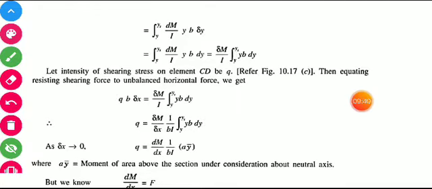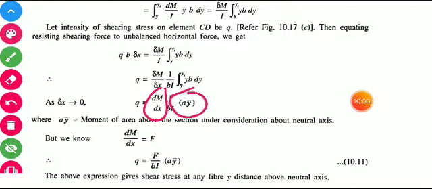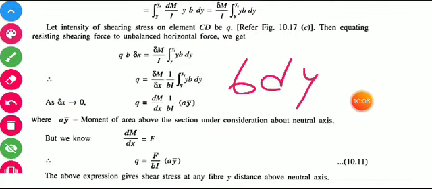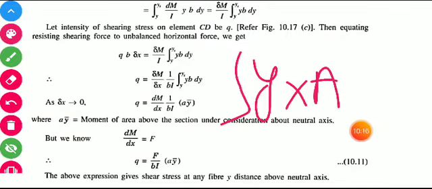Okay, so now you may see what we do. This b into del x we put here, and here del M by I is a constant. It depends upon the cross section area but does not depend upon the shear stress. So we take it out from these terms. Now here you see, as I told earlier, b into dy is our area. So what is the value kept here? y into a small y.